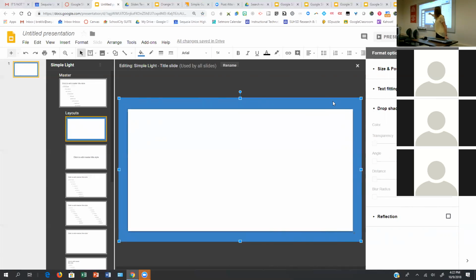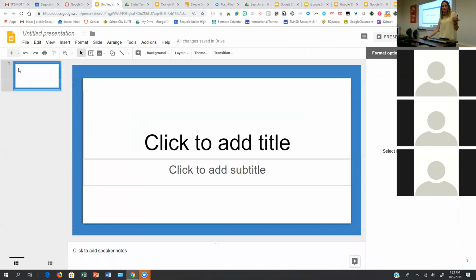Now I can see there's a little shadow along the top. And then you can copy it again and you can get a shadow on the edges. So you can create a shadow all the way around by just doing that. Now if I go back out here, I can see there's that shadow around my rectangle. And it just gives it a little something different, so it's not just a rectangle. It looks a little bit more polished.